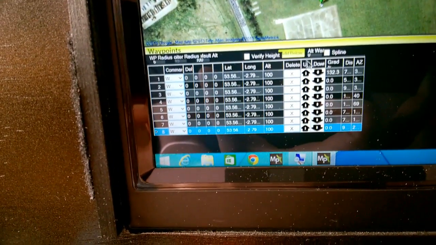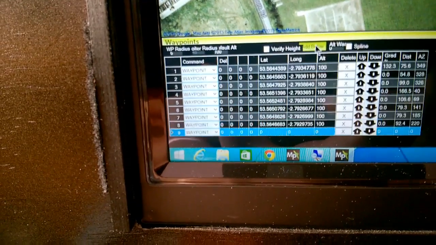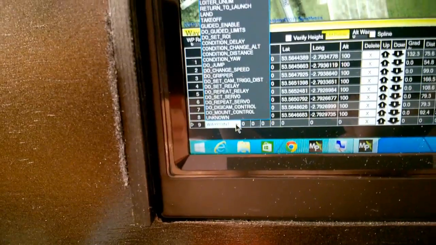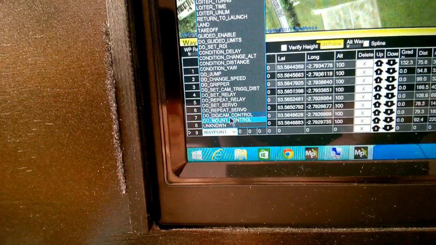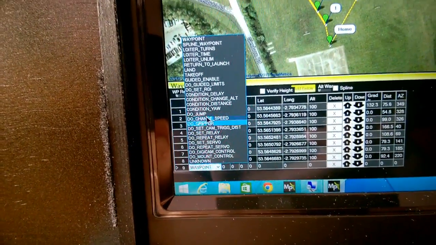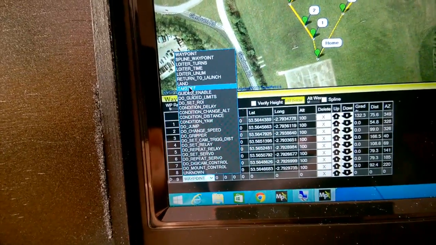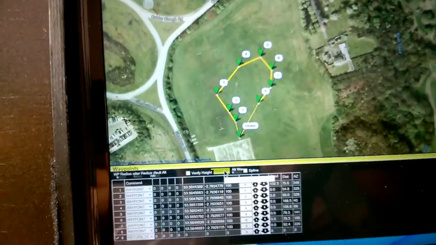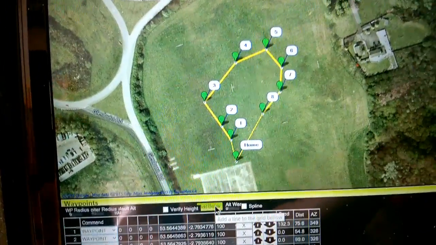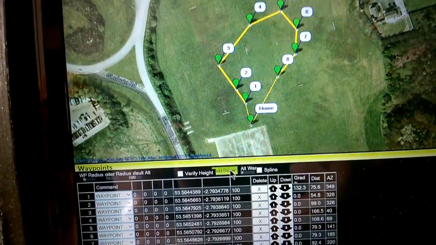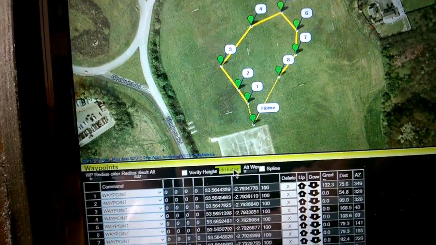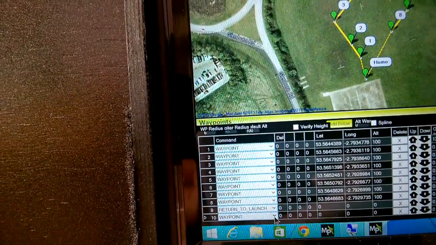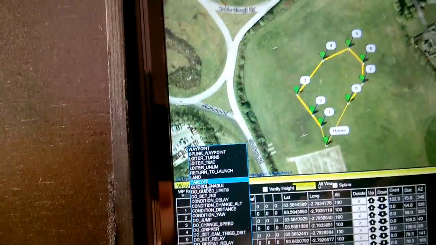So to get it to return back to you, you click on add below, and where it says waypoint, bring up the drop down, or in this case drop up list, and then what you'll set into that is return to launch, and then that will make it come back to you from where waypoint number 8 is on the map. And then when you get back to where it took off from, you click on waypoint number 10, which it is now, and then you click on